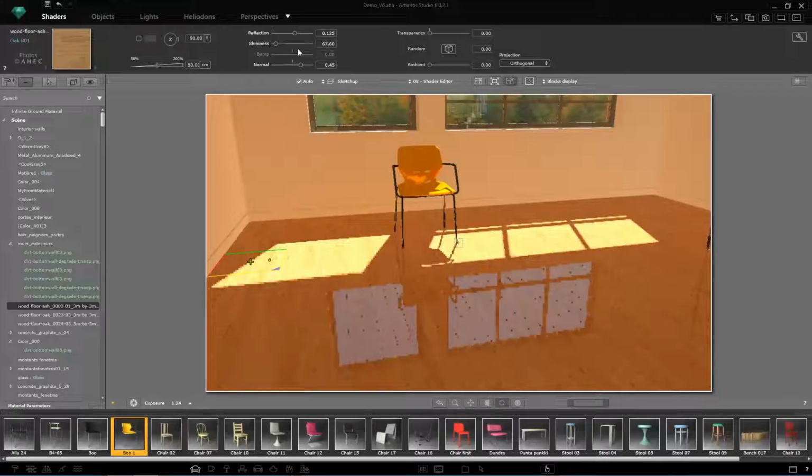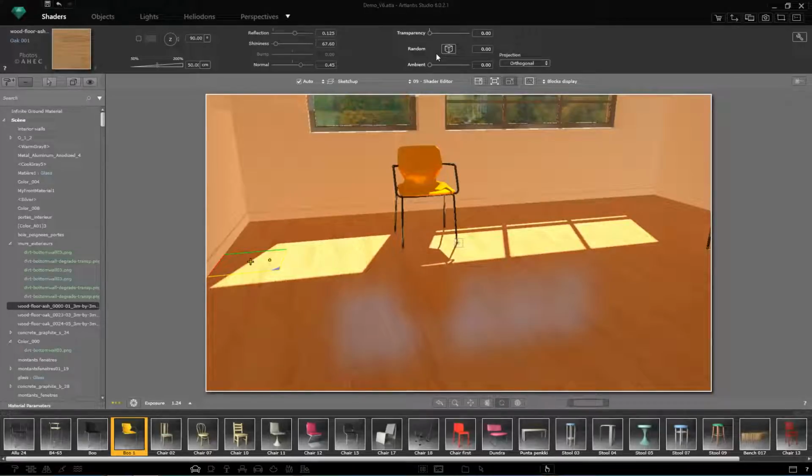The next 2 sliders are about simulating relief to a surface, which may extract information about the image we use for the diffuse of the shader. These are generally set to a general value, but you can change it if you wish. The transparency slider will set the material transparent, and you will see what's below it. For some shaders, these small dice will appear, which makes it possible to reorganize the pattern we use for diffuse. If you feel that there's a strong repetition effect, for example, you just click on the dice, and Artlantis will change the image repetition and orientation randomly.